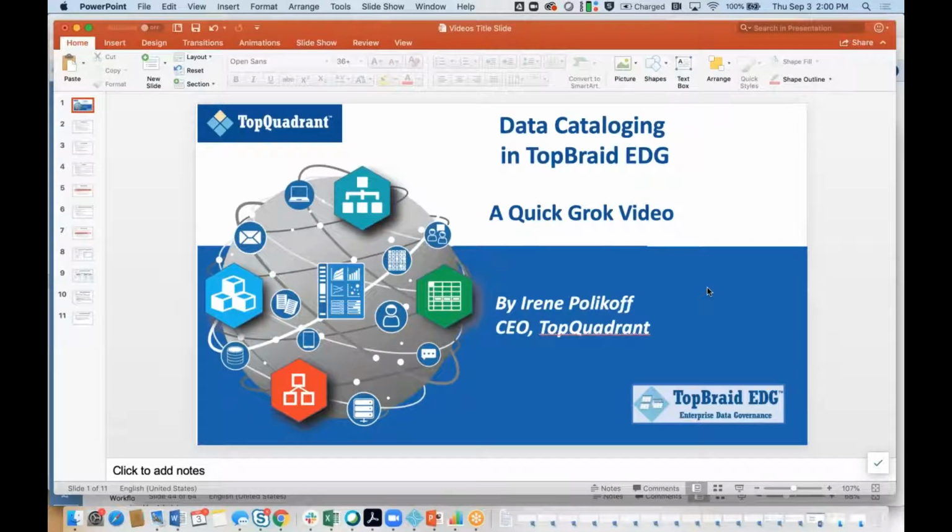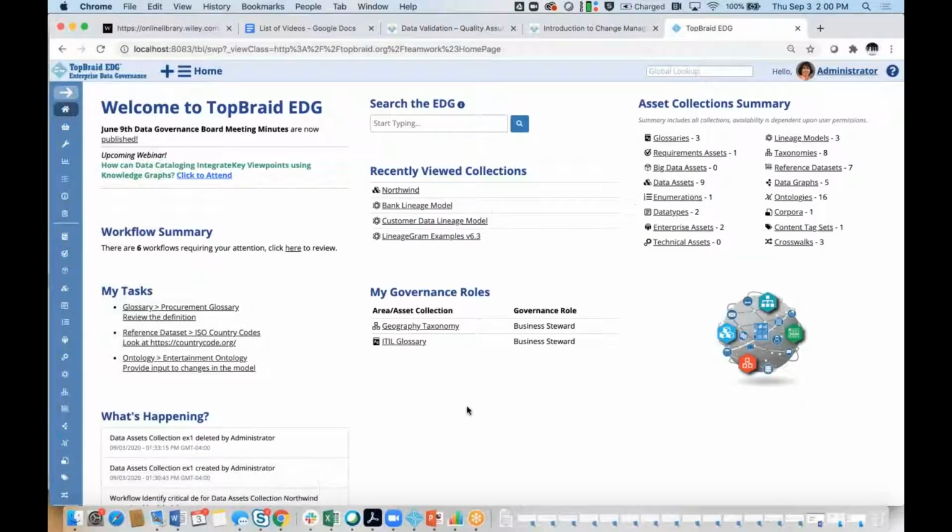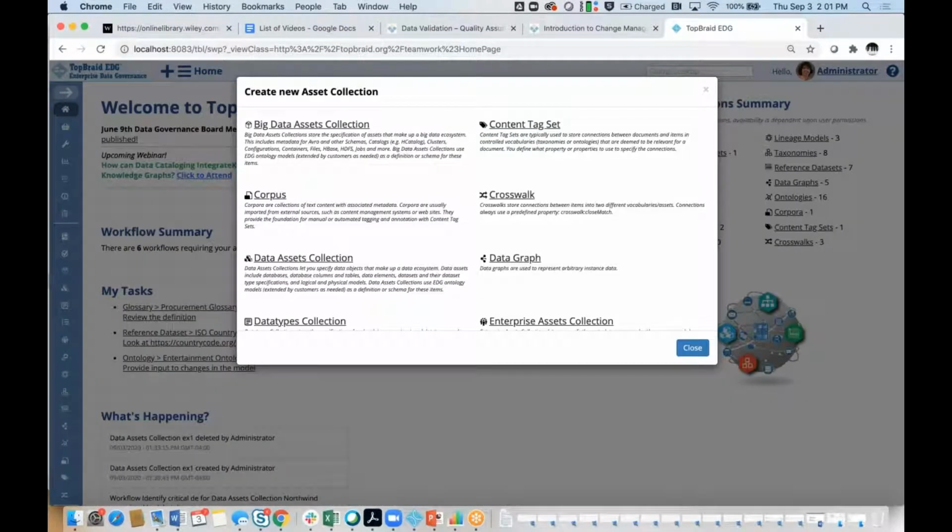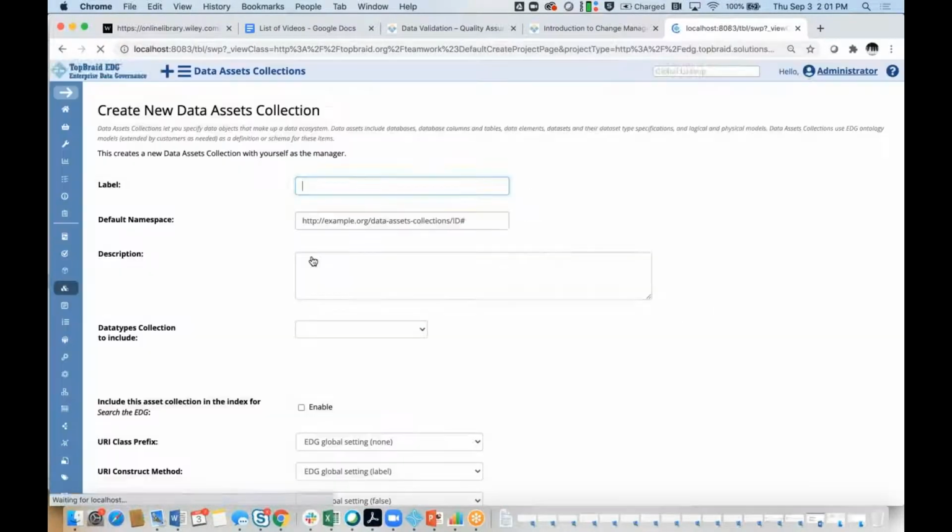Hello, in this quick Grok video, we'll look at data cataloging with TopBraid EDG. TopBraid EDG can catalog your data sources. The cataloging is performed in data asset collections. So let's create a new data asset collection and we'll call it